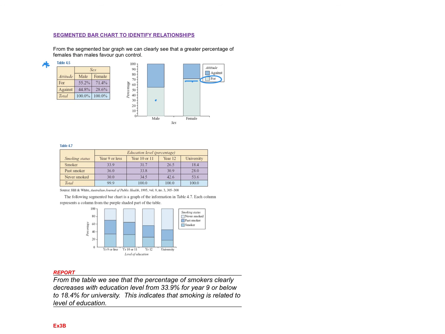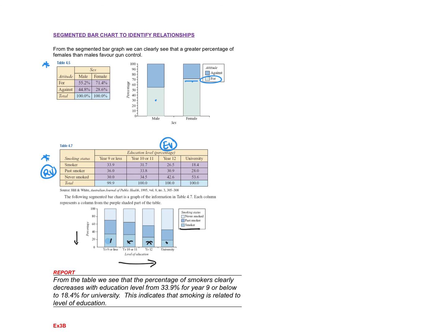Down here, they've got your smoking status, so whether you were a smoker or not, that would be the response. And then they looked at your education level, on how high you went through that. So if we look at the segmented bar chart, it's quick and easy to see down here on the bottom. I'm going to pick the smokers, and you can see that as your education level increases, the percentage of